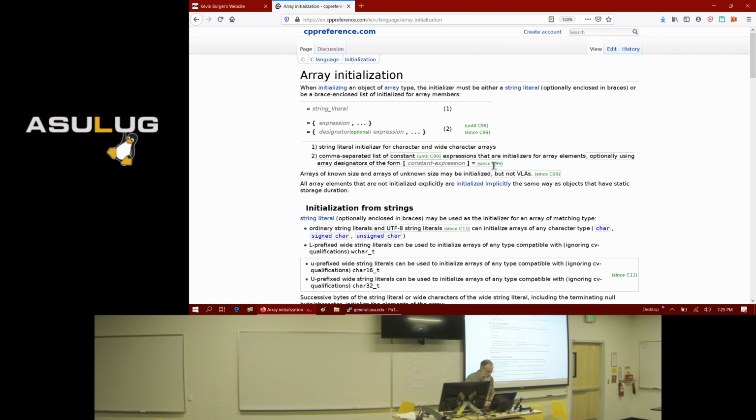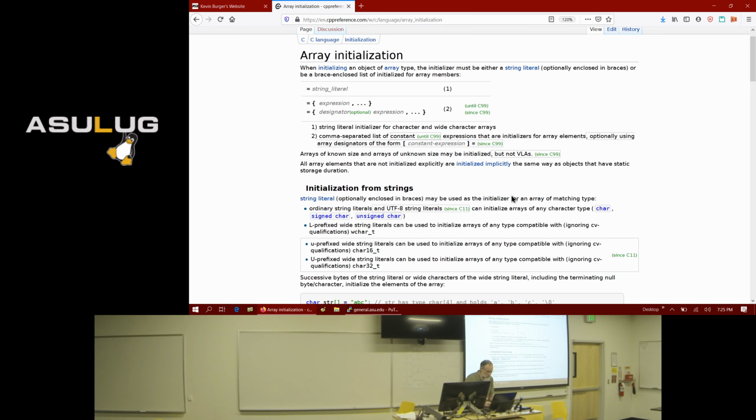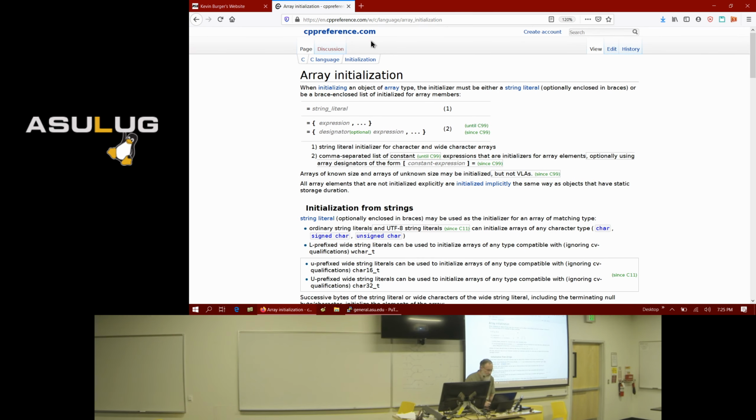I don't remember the syntax for how I initialize this. Well, actually, that's C anyway.